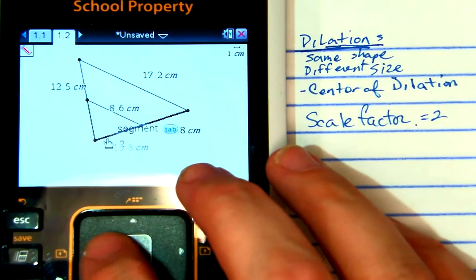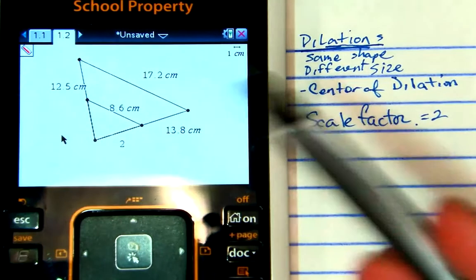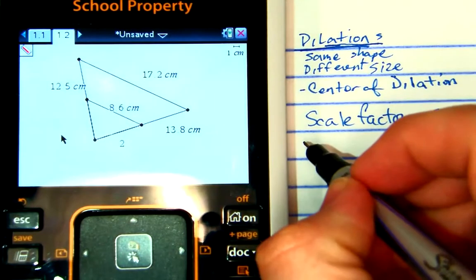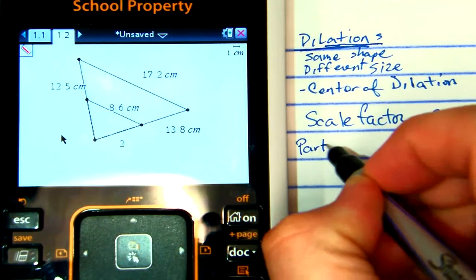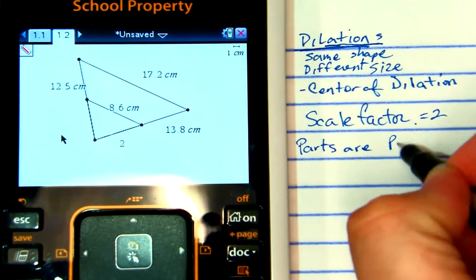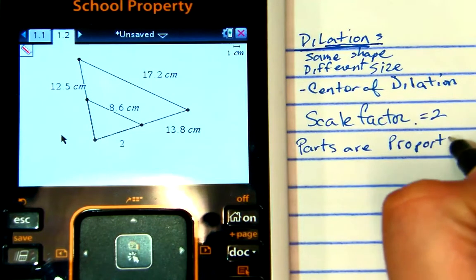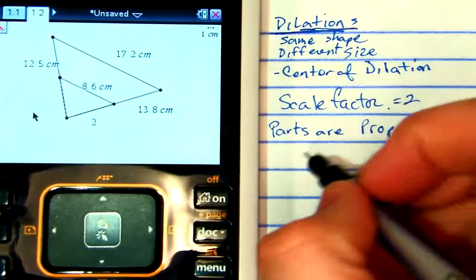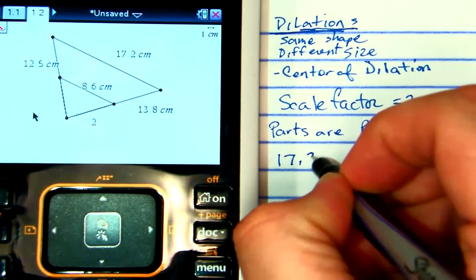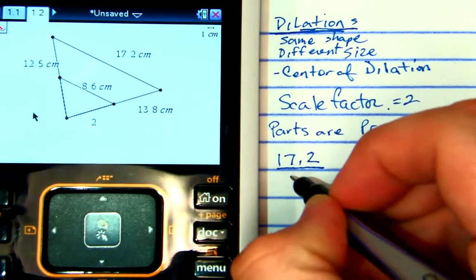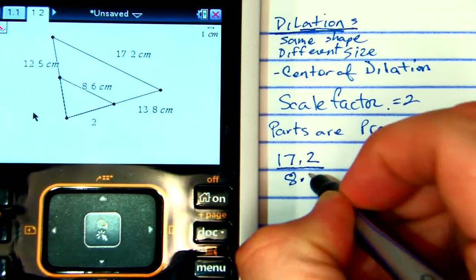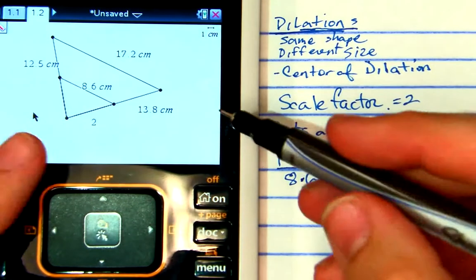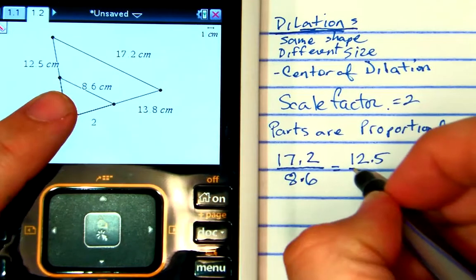Alright, so that's okay. We don't have to worry about this part. Now here's the idea and what we get from this. The parts are proportional. Which means if I take the new length, 17.2, and divide it, create the ratio of 8.6, that should be equal to 12.5 over what the original should have